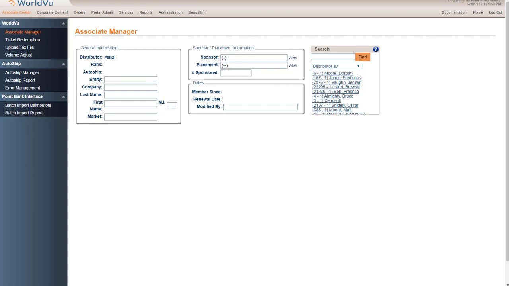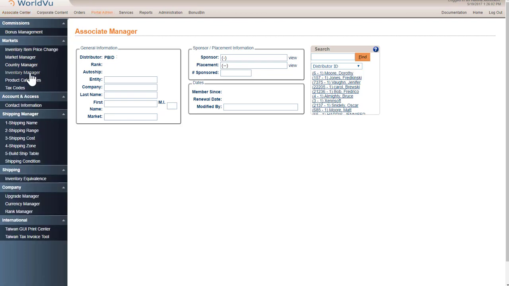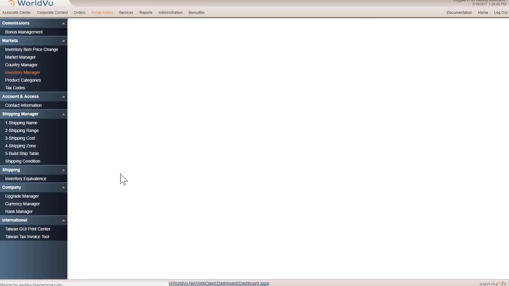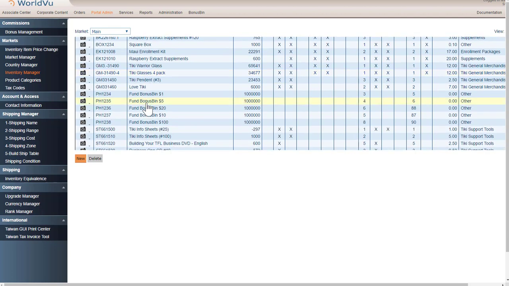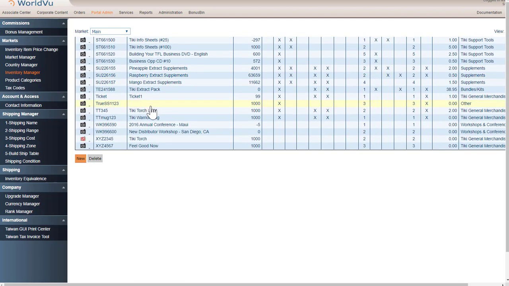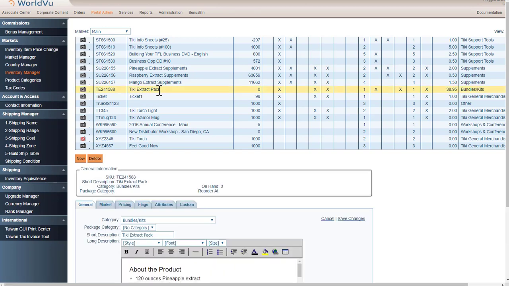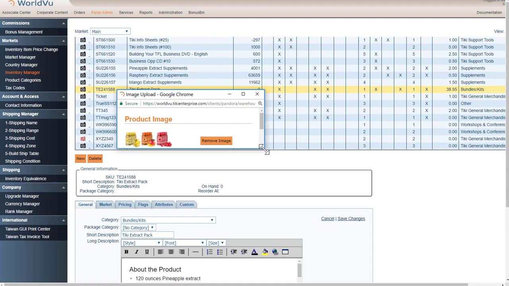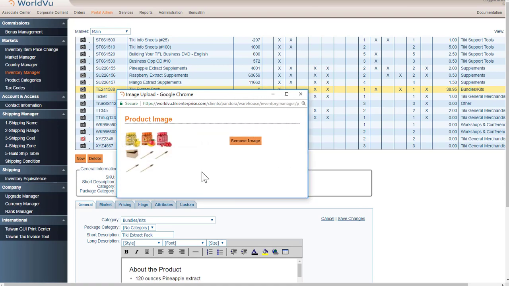Adding inventory equivalences. I'm going to go to Portal Admin, Inventory Manager, and find the SKU that I want to add subcomponents to. We are going to be using this SKU, Tiki Extract Pack. I've already uploaded an image. It has 120 ounces of pineapple extract, 120 ounces of mango extract, 120 ounces of raspberry extract, 1 box, and